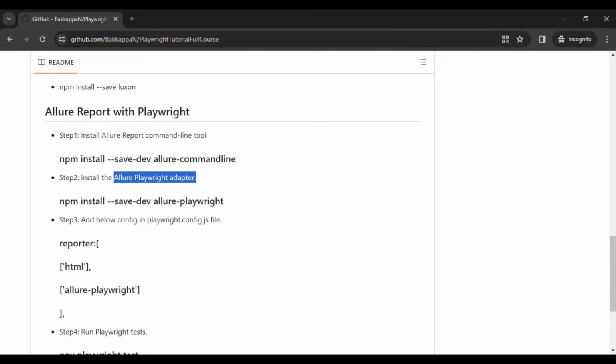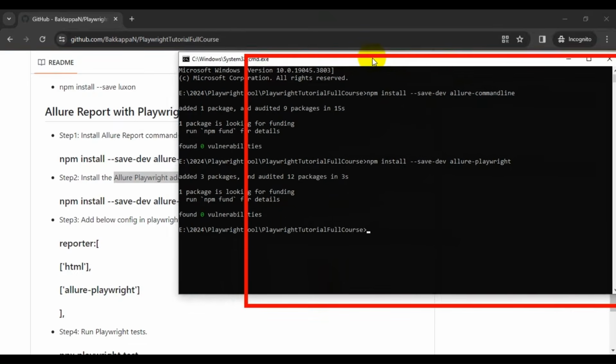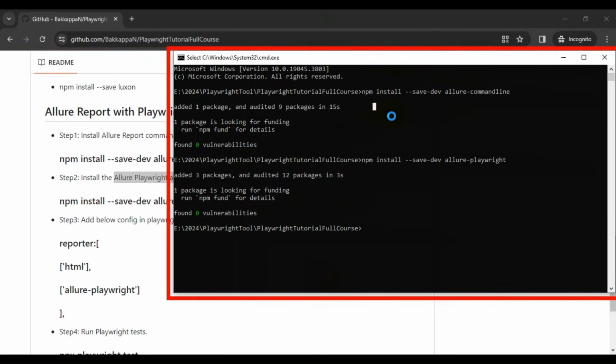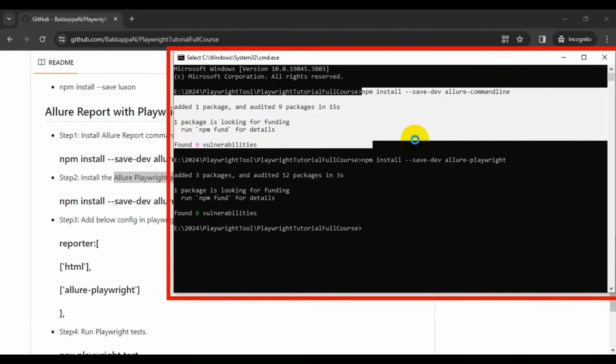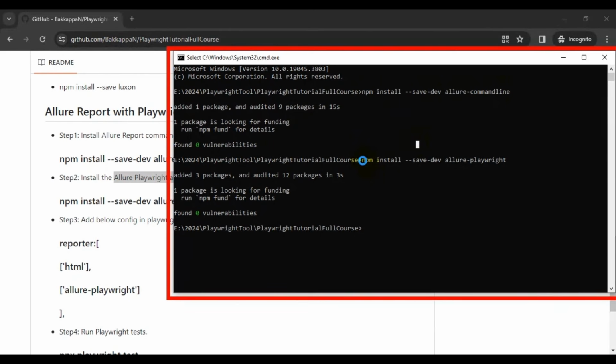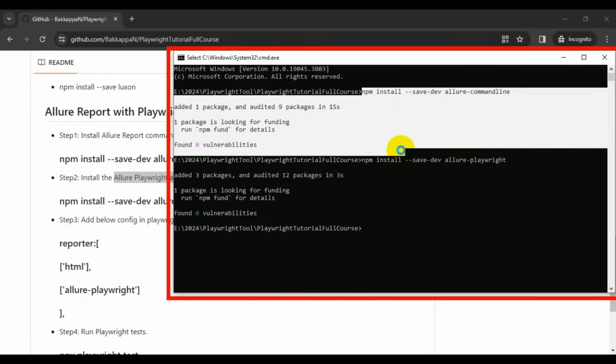So you can go to the command prompt and simply, firstly you can run npm install --save-dev, and after that allure-commandline. So this is the very first package or plugin you need to install. And the second plugin is npm install --save-dev allure-playwright. So after installing these two